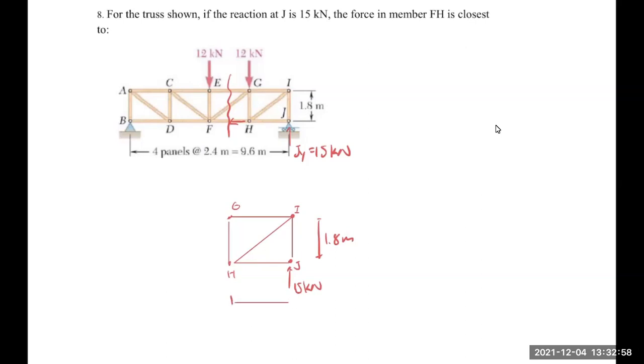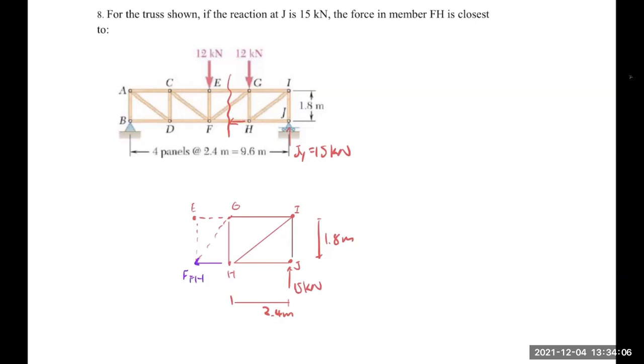This is 2.4. Okay, and then I have this FFH right here, and then FGH. Okay, so this problem, since it's only asking for FFH, it's not like the previous method of sections problem where it's